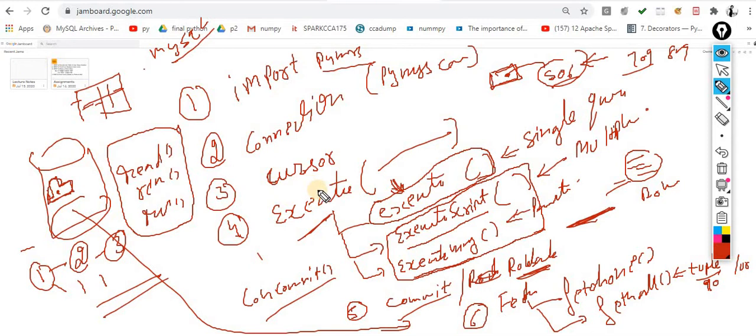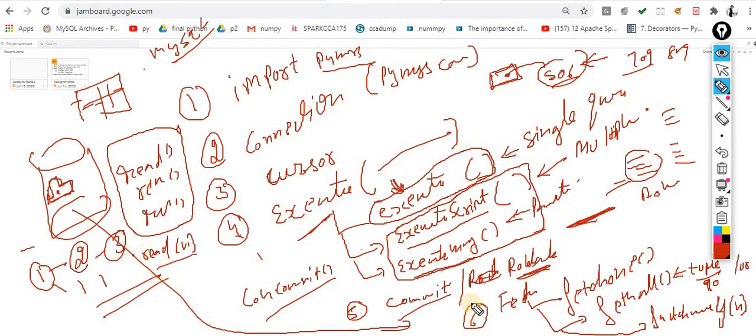It is the same as readlines, where you get the data in the form of a list. With fetchall, you get the data in the form of a tuple or list; I am not sure which, but in either case there is one mechanism. The third one is fetchmany, which fetches n number of items. If you pass 5, it will fetch 5 records. If you pass 100, it will fetch 100 records. Similarly, read(n) reads n number of items.